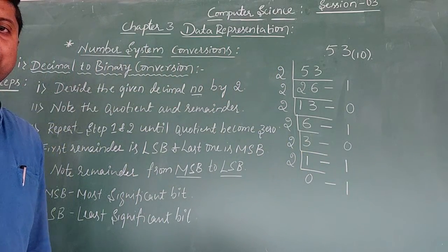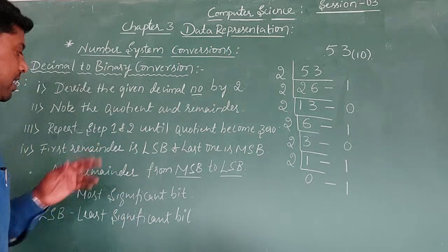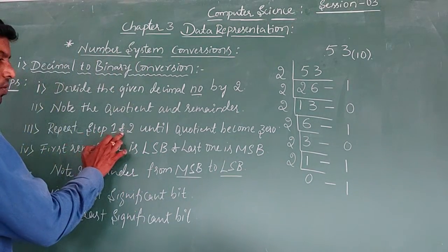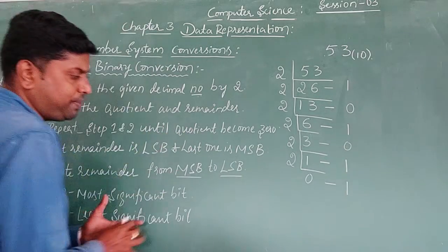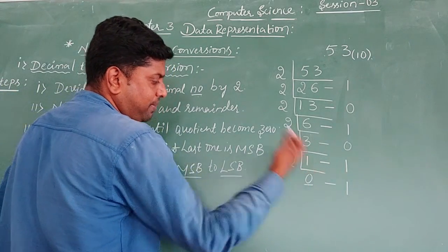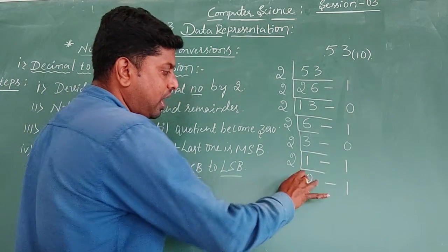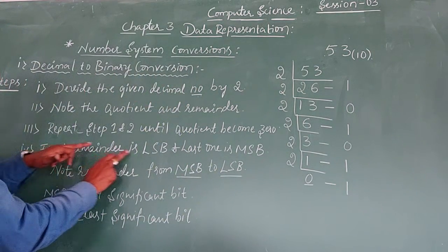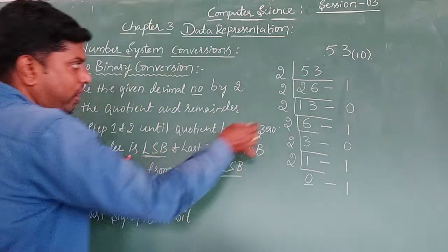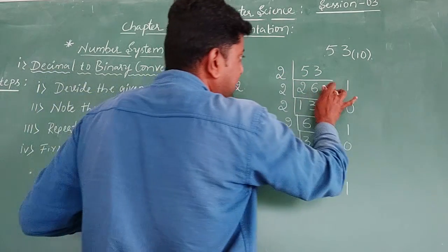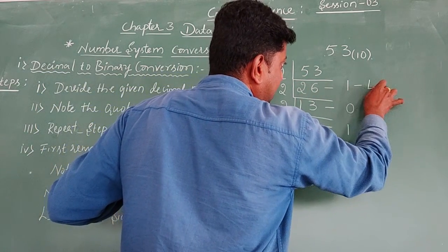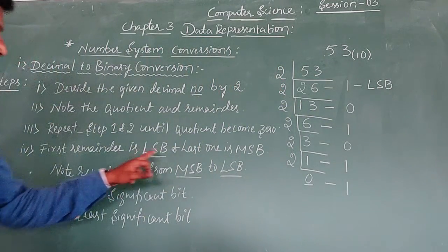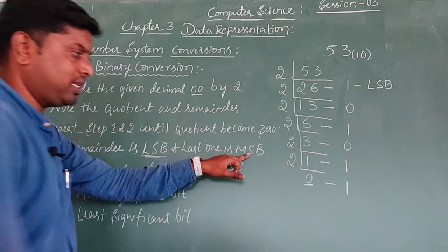So then what will be the LSB? Now I did 3 steps. So repeat step number 1 and step number 2 until the quotient becomes 0. Now I made the quotient 0. So now I will consider the steps given here. The first remainder is the LSB. Then where is the first remainder? See here, this will be the first remainder, the LSB, least significant bit. And the last one should be the MSB. Last one means this one,